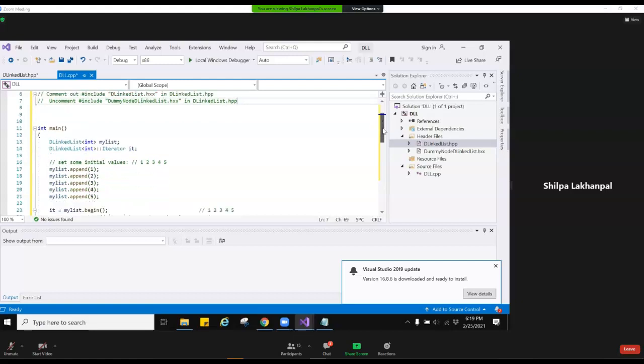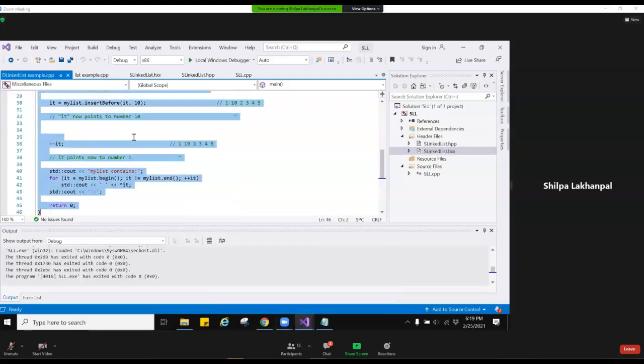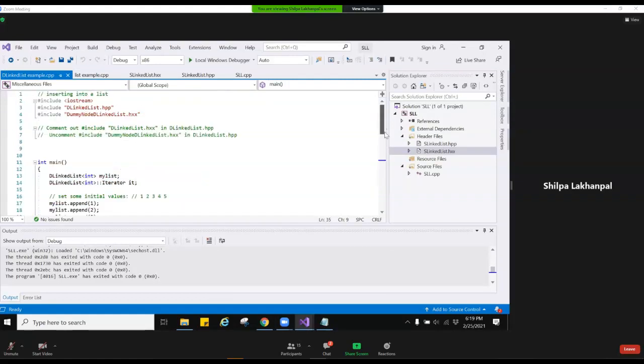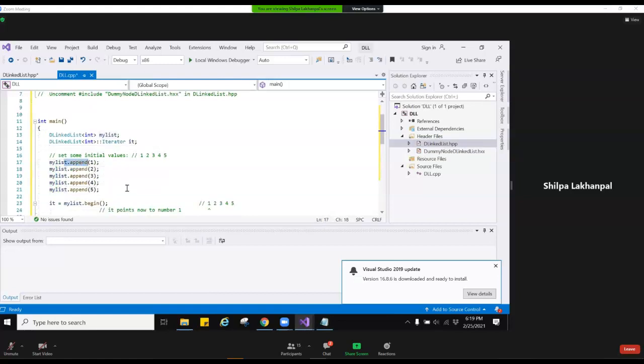Now that we have everything set, because this class is called a d-linked list, I use that as my class and then the object name. Compare that with what we had with the list example, where we simply used the std list, and the function over there was called pushback, and the function over here is called append. Because we are trying to create the same list, we call append 5 times with 1, 2, 3, 4,